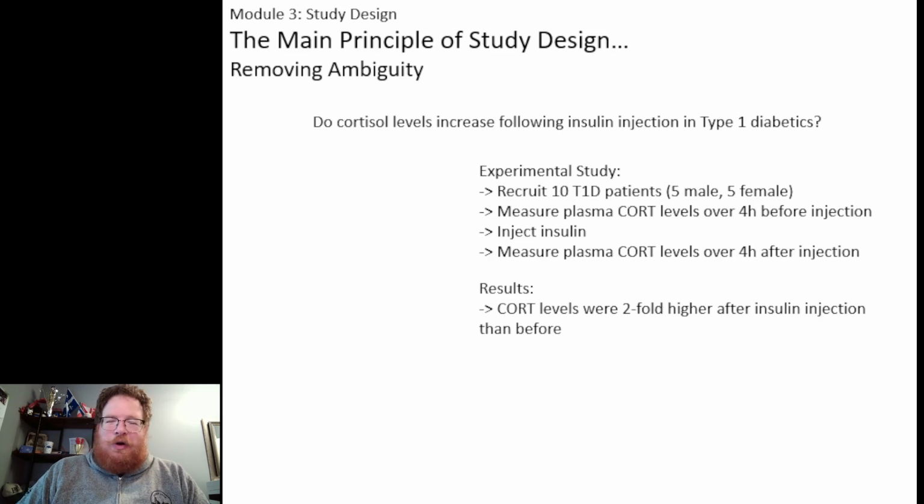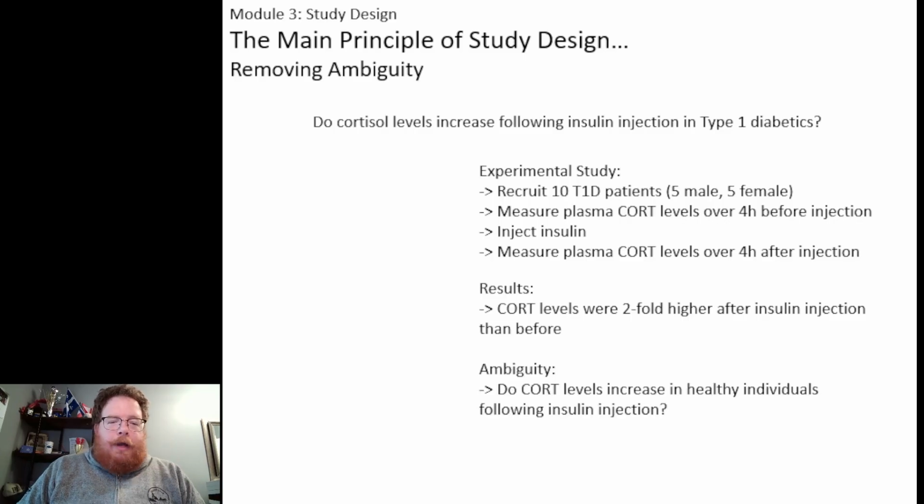Okay, hopefully you're saying, no, there's ambiguity there. One thing you might have thought is, we didn't give insulin injections to healthy individuals, so we don't know whether cortisol levels rise in response to insulin injections in healthy individuals. Maybe that's an ambiguity in the study. The answer to that is no, it's not. Because ultimately, if you think back to what our question was